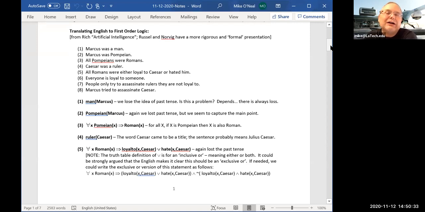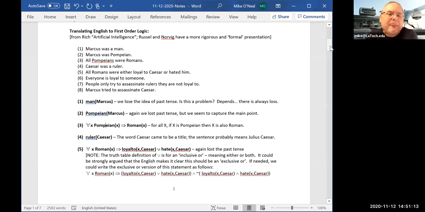We mean people, so if we look at statement 3, it is saying anything that meets the definition of Pompeian, which I misspelled, that same thing will also be Roman. Okay, so I'm leaving out the idea that X is also a human. That's fine